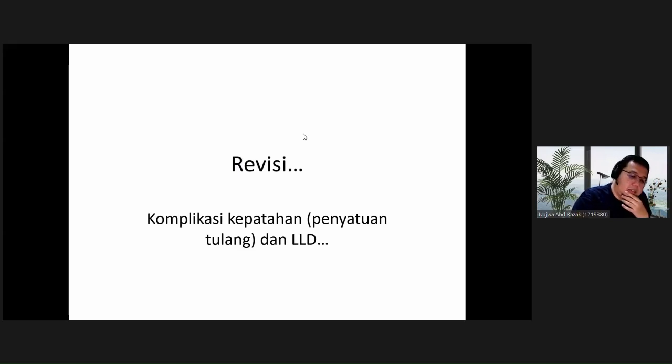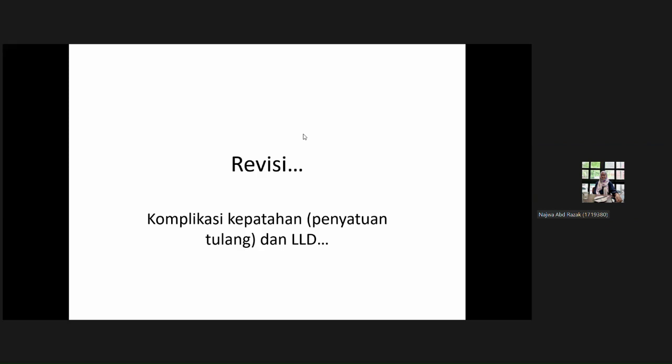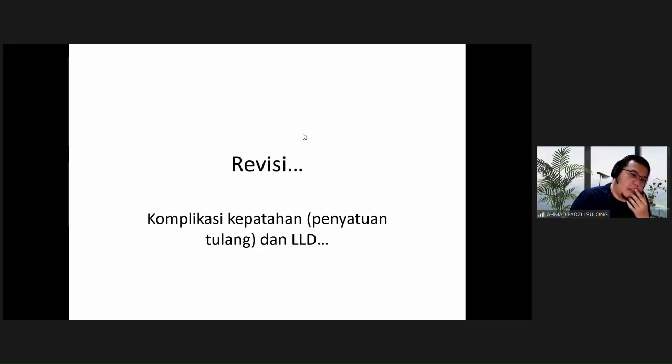Sinus discharge is almost pathognomonic of osteomyelitis, and then if you have a possible complaint that suggests to you that it is non-union plus osteomyelitis with a discharging sinus, so most likely it is a septic non-union lah. Maksudnya the non-union is because of infection. Okay, the non-union is because of infection, right? So